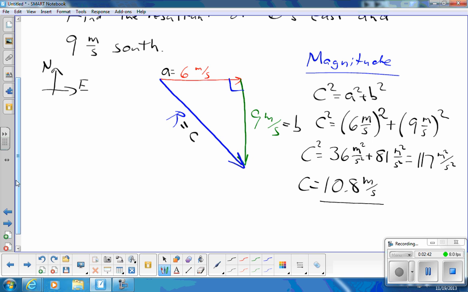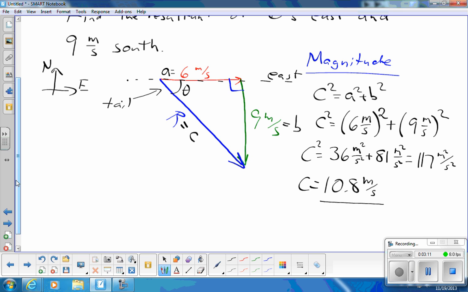And the direction of the resultant would be the angle that that vector points measured from some reference direction. Well, here's a convenient reference direction, this vector pointing east. So I'm going to find this angle. Notice that the angle I'm looking at is at the tail of the resultant, because that's going to show me which way the resultant is pointed from. So I'm going to find the angle where the tail of the resultant makes an angle with a reference direction,